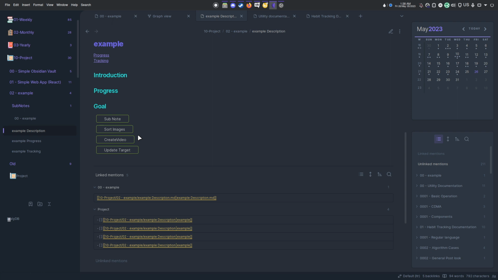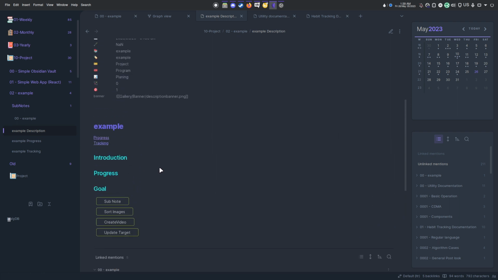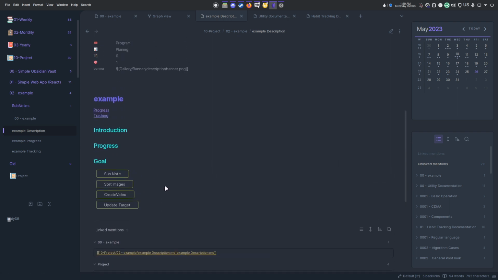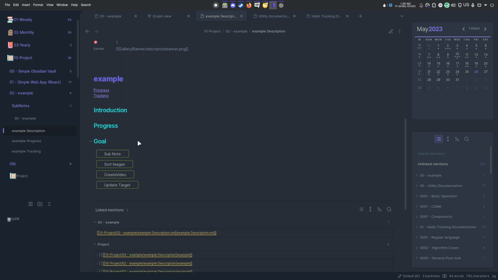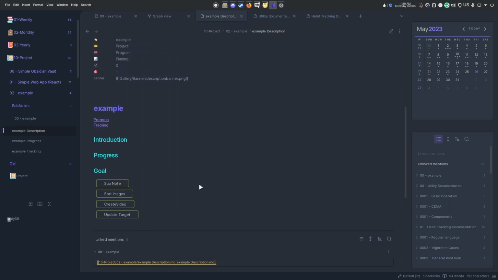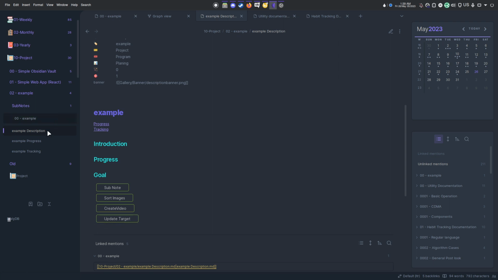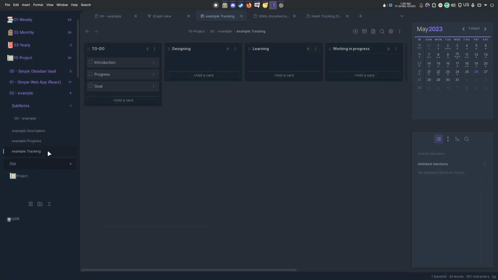If you want to create a sub-document of a specific category about a document of the current category, for example. But in mine, it doesn't really give you a bunch of options. It just basically makes a video about a specific document, usually projects. You can update the target. The target depends on the tracking